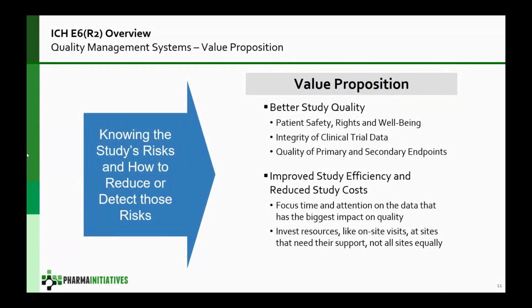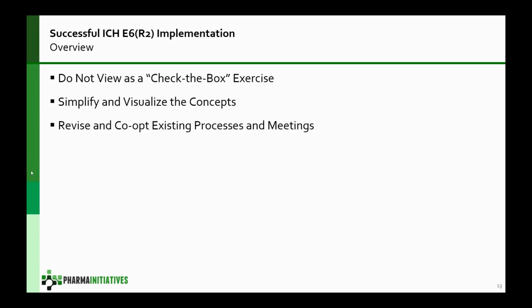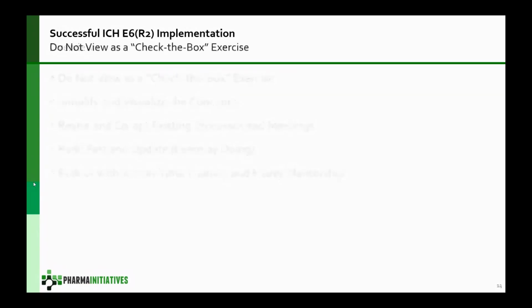So that's what we're going to talk about today. We're going to talk about how we can successfully implement those concepts. I'm going to share with you some of the things that I've learned sometimes the hard way. Hopefully you won't have to, as well as why this should be done in a software agnostic way, at least at the beginning, and we'll talk about that. So just as a quick overview, we're going to look at 5 different things here today in terms of successful implementation,